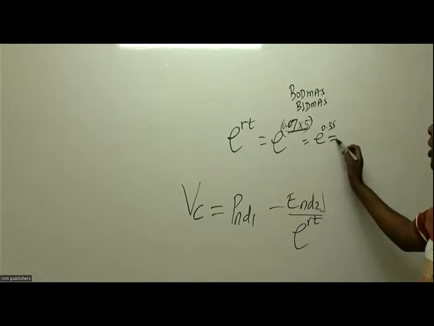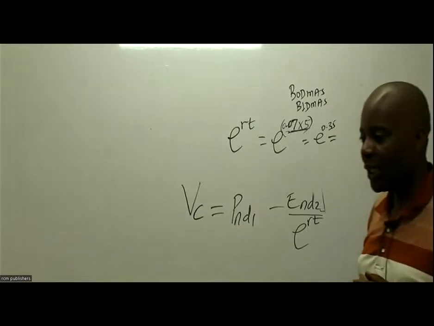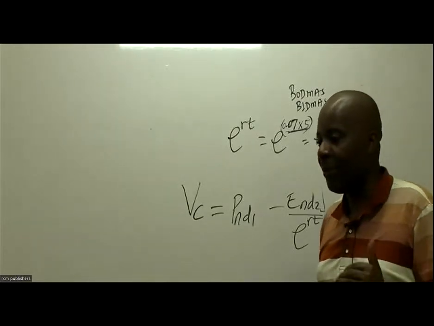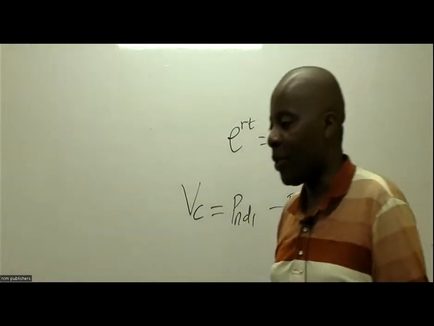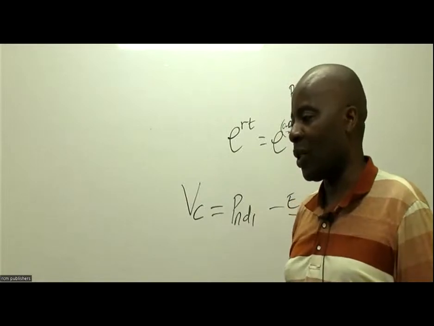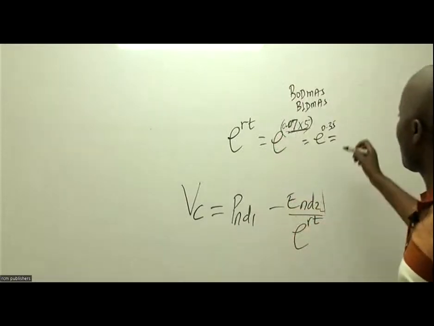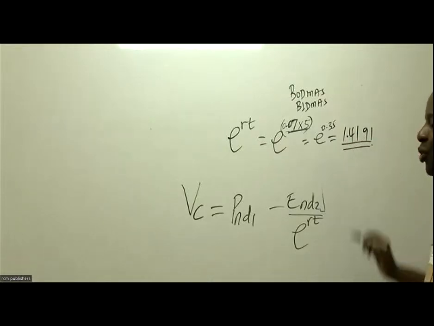0.35. So then could you kindly go ahead and raise? We see now, Eliza, I expect to get an answer from Eliza and Matthew. I'll be so happy. Thank you so much. We need to round off to four decimal places: 1.4191, with a decimal there. Thank you so much.